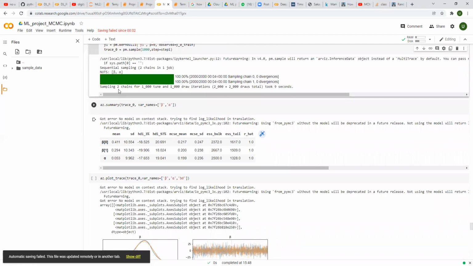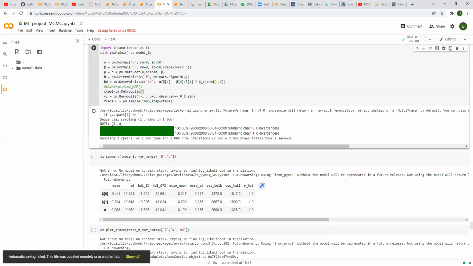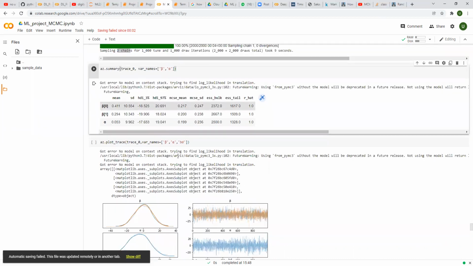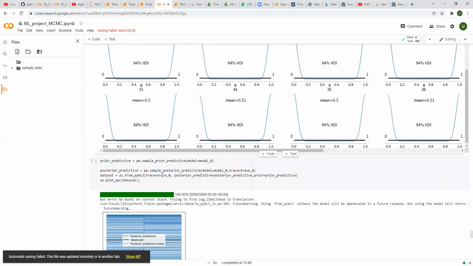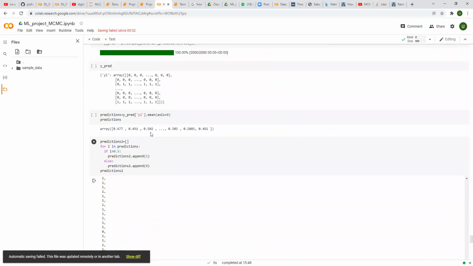And we can see that MCMC ran 2 chains for me, each starting from a different value and converging at the same point. This depends on the computer RAM as well. It finds it on its own. So these are the estimated parameters, traces, plotting the posterior, everything all over again. And then these are the predictions. These are the prediction probabilities. And if we apply the threshold of 0.5,